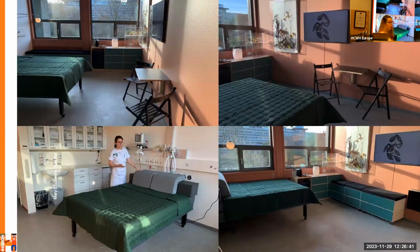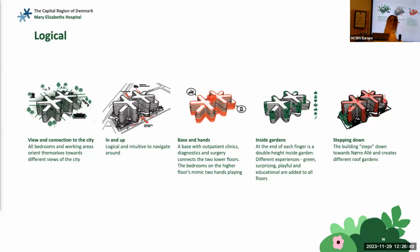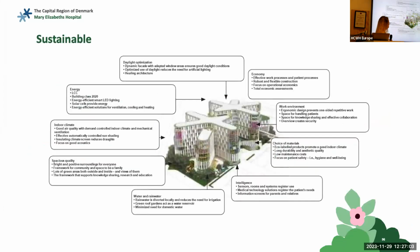And this is what we also call that it's really important that we think about how we can do things differently when we think about sustainability. The hospital is also logical, so that when you come in you know where you should go and what the steps through the building are. But it's also sustainable. Sorry for this one, it's much better on this screen. We think a lot about indoor climate. We think about energy, and also how much it costs to have solar panels,